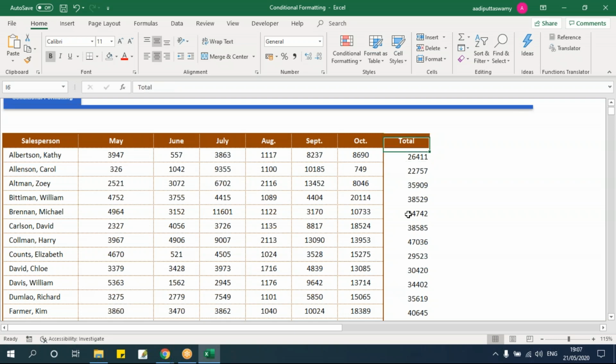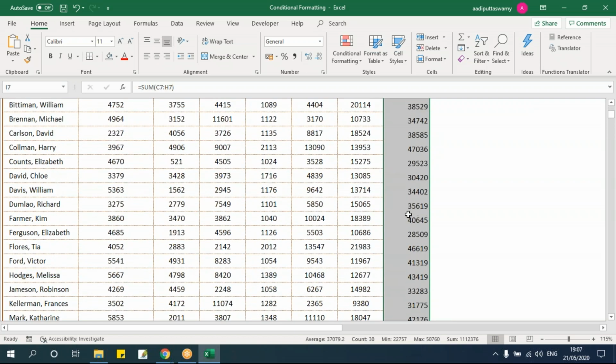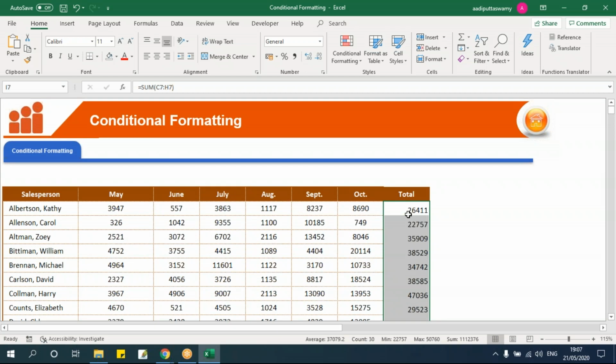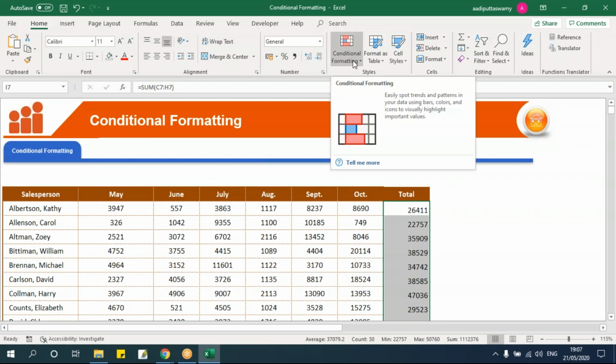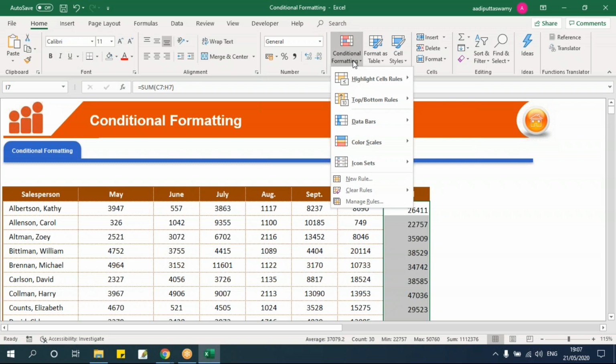I should select all the cells which have to be formatted. In this home tab, I have this conditional formatting. I have many options here. We'll go and see one by one. When I say that I need to apply a condition on this, I'll click on this new rule.